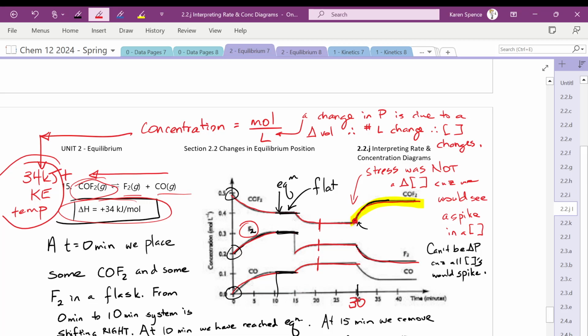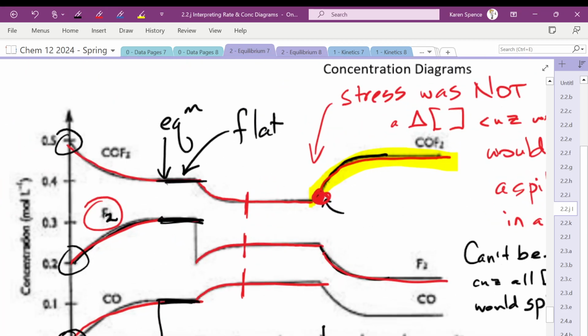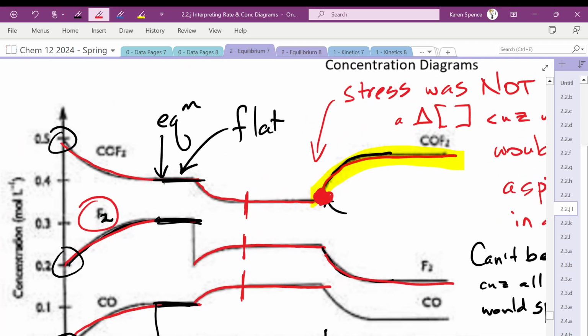Because you can see at this point what happens to the concentration of COF2 in that moment. Absolutely nothing. Right here, nothing is happening to the COF2. So when we decrease concentration, it just sits there and goes, eh. But then we start,